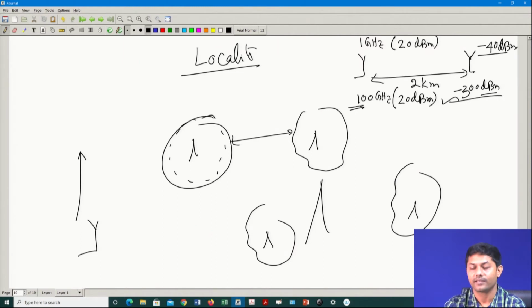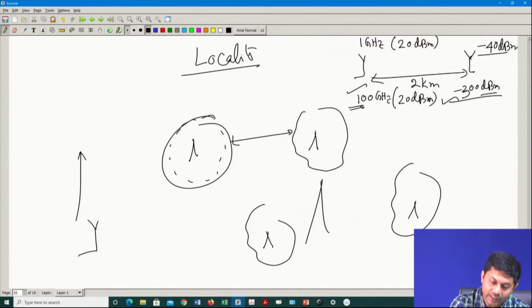What I mean to say is that for covering such a distance, when I increase my RF, it will not work out. All of us know this from when we studied electromagnetic wave propagation: when you increase the frequency, obviously the path loss will be very high, and we will model each and every component from that angle. So even if I increase my RF, suddenly my loss on the signal will be very high.